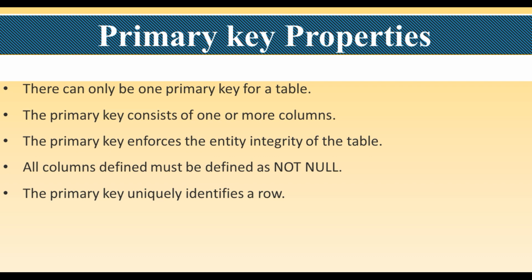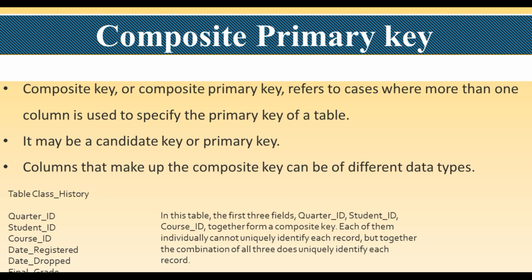Next point, the primary key uniquely identifies a row. Definitely it is the same point, explained again. The next point, student, a primary key cannot contain another type of data. For example, if the primary key is an integer, like roll number, can we enter A, B, C here? No, because every column has its own data type as a category of data.